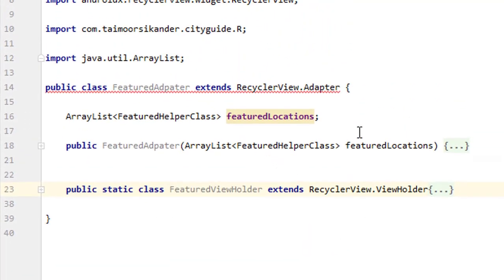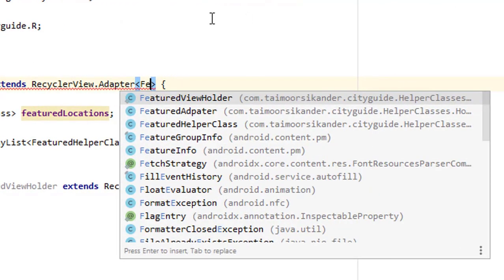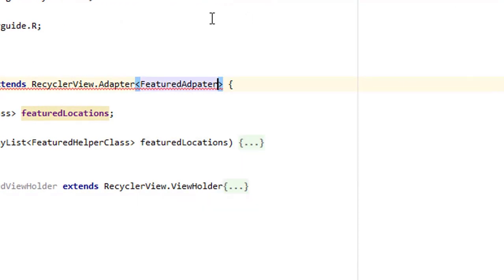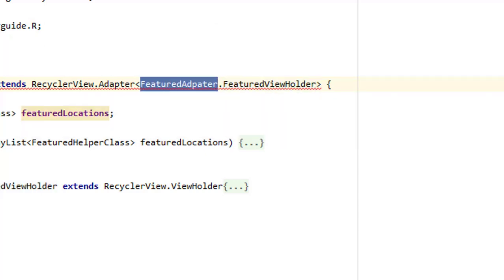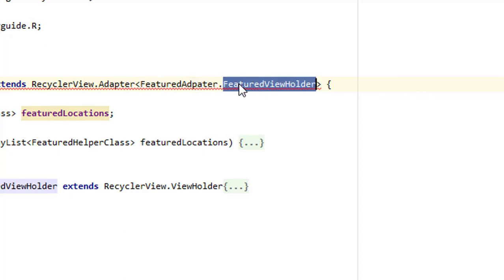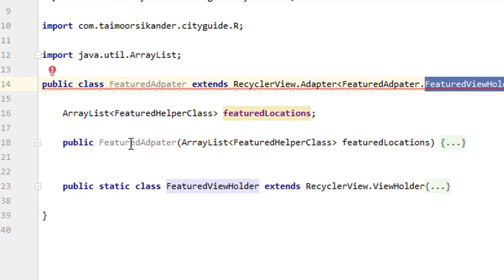Simply close this one, and now at the top in here we are using the adapter, but its adapter will be of type featured adapter dot featured view holder. So this means featured adapter will be the text, and design will be the featured view holder. Okay, now as we have created the constructor and also the class,